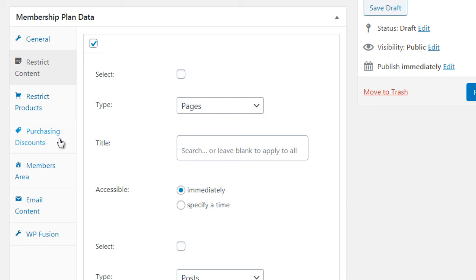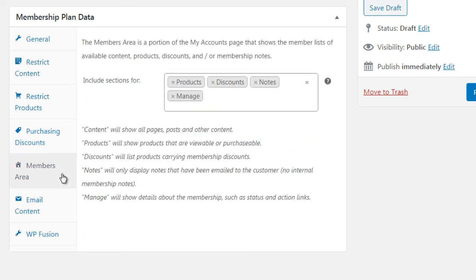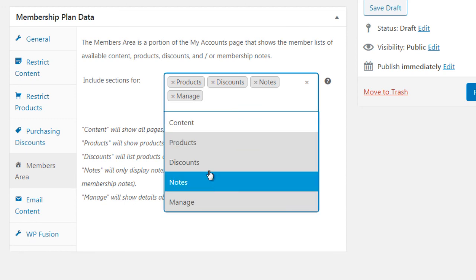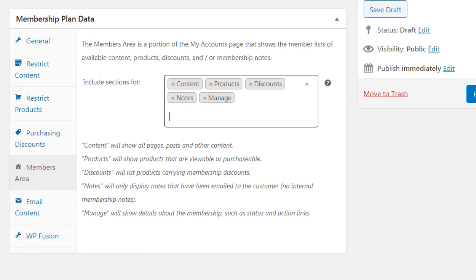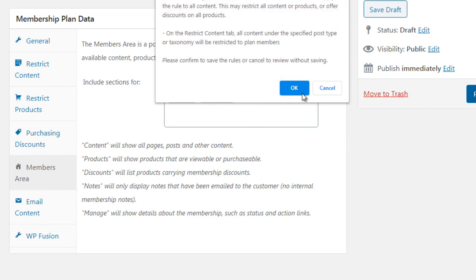Purchasing discounts, you could say something like the premium level members get 20% or 10% off of everything. Then we have members area. And for this one, I would just include everything. So I would include the content, the products, the discounts, and everything. And then email content is self-explanatory, and that's all you have to do. So once you are done with that, we would click publish, click OK,